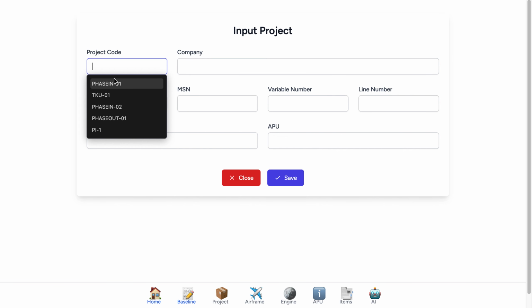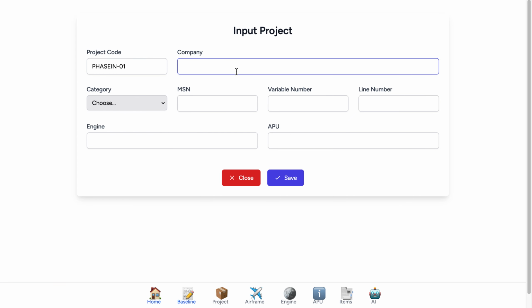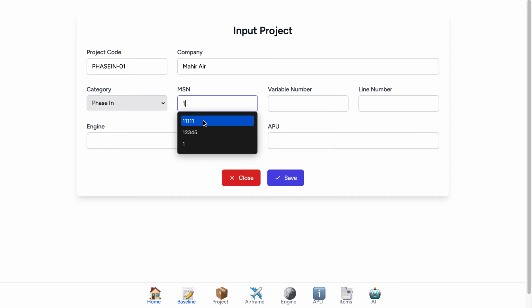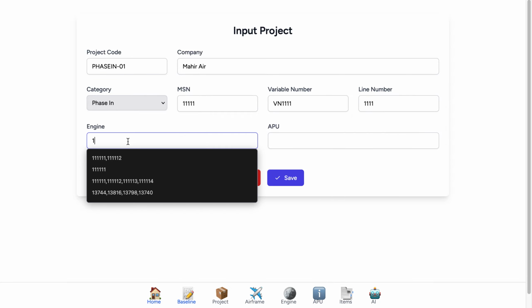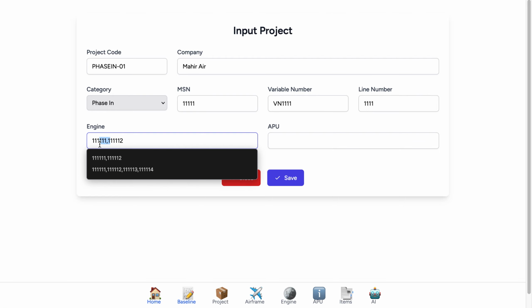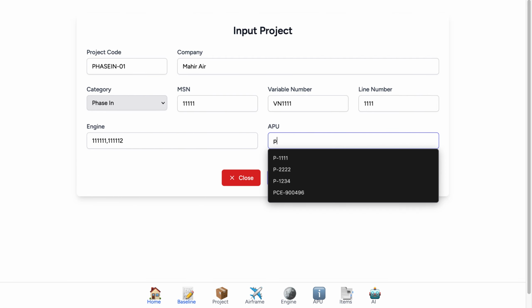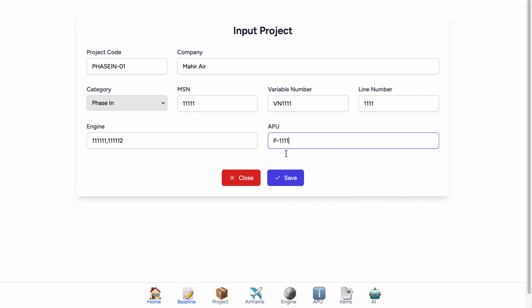Perhaps we can name it pass in company, we name it Mahir Air, and we pick baseline items category by pass in. MSN, we put a dummy MSN 5551111, variable number with PN 1111, line number 111. Engine, we have to separate it with commas, and also we can input APU, and then